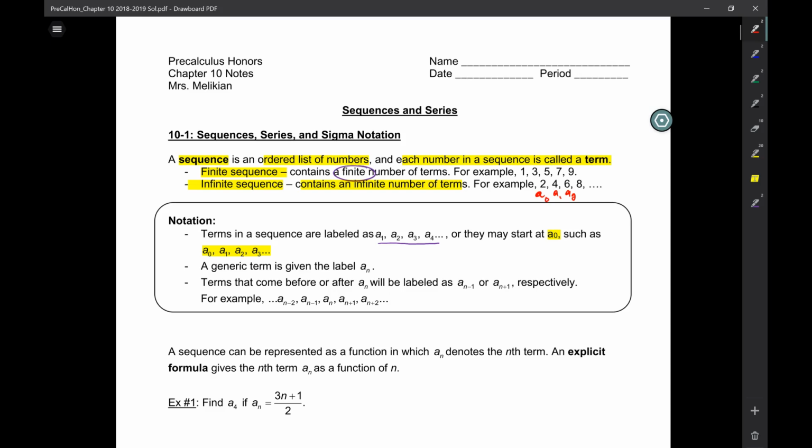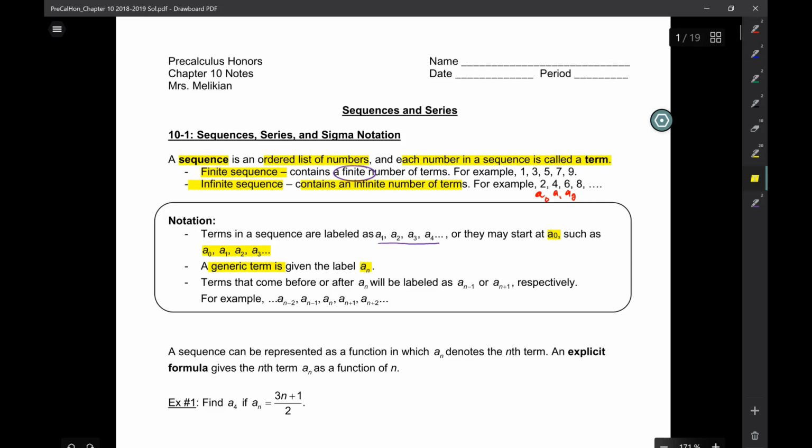A generic term is called A sub n, okay? So if I'm going to talk about a random person, like Jane Doe, if I'm going to talk about a random term in a sequence, it's A sub n. That's the Jane Doe of terms. Okay, now,